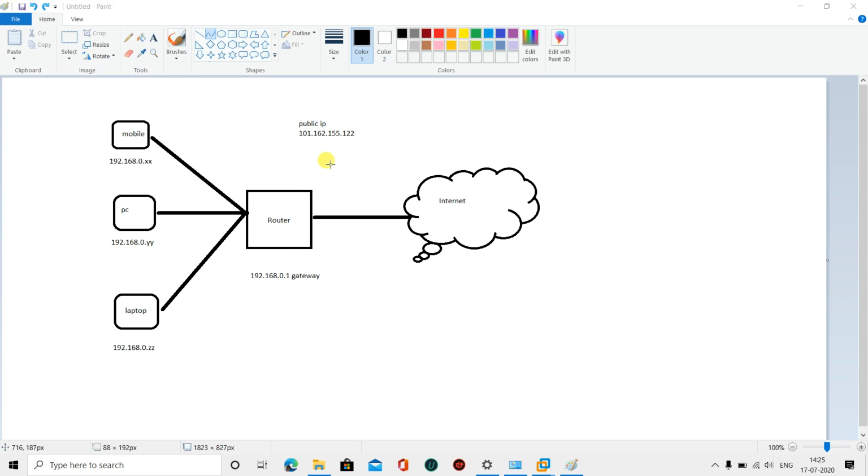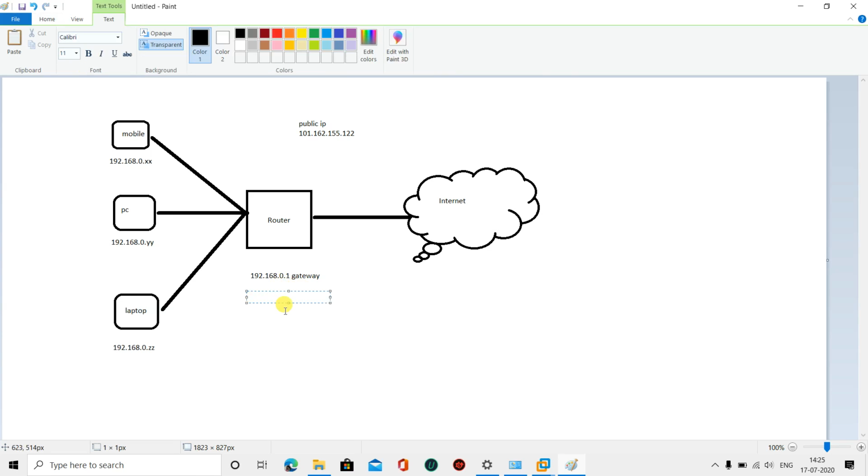So the router will have one gateway and it will provide a masking. Suppose my masking is 192.168.x.x, so I can add 255.255 devices.